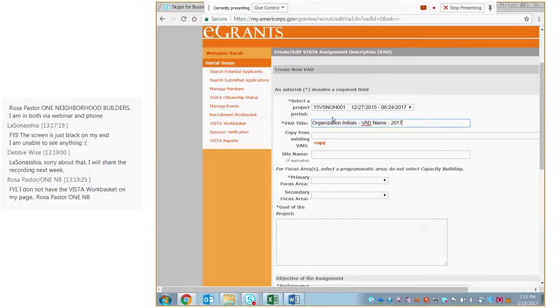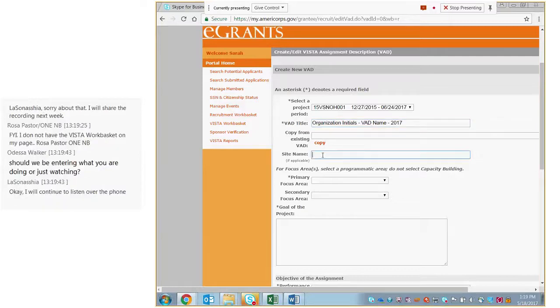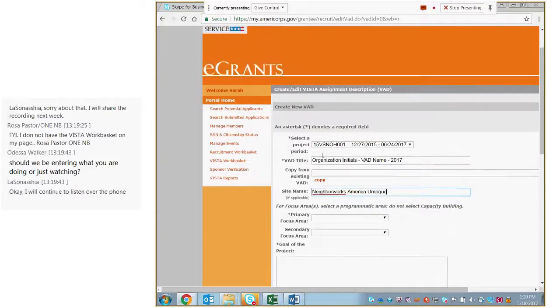And then the next thing you're going to do is put in your site name. So this is where you're going to put in your organization's full site name. Like the VAD title, you're putting in the acronym, but here's where, if you're NeighborWorks, let's see, NeighborWorks America Umpqua, I'm making this up, by the way, you're going to put that whole name in